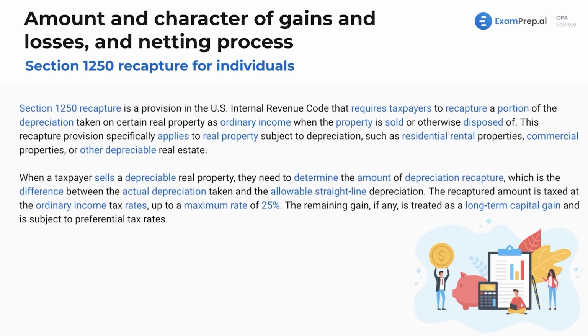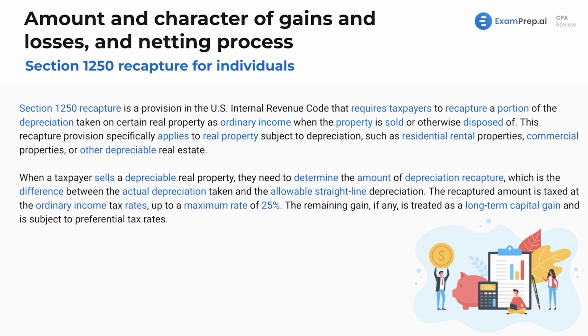Now we're moving on to Section 1250 recapture for individuals. This is a provision in the US IRC that requires taxpayers to recapture a portion of the depreciation taken on certain real property as ordinary income when the property is sold or otherwise disposed of. Obviously, we're touching upon topics that we've seen before. This is specific for 1250, whereas we saw this for the other sections before. This provision specifically applies to real property subject to depreciation, such as residential rental properties, commercial properties, or other depreciable